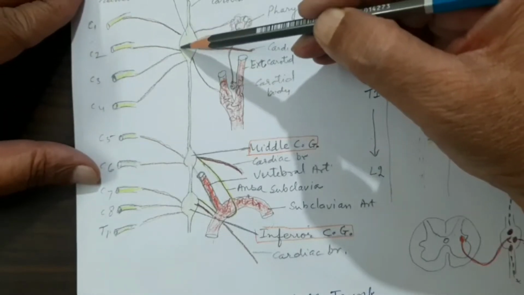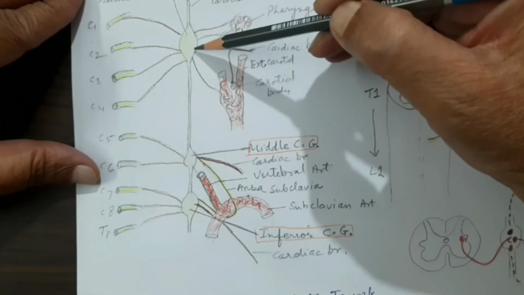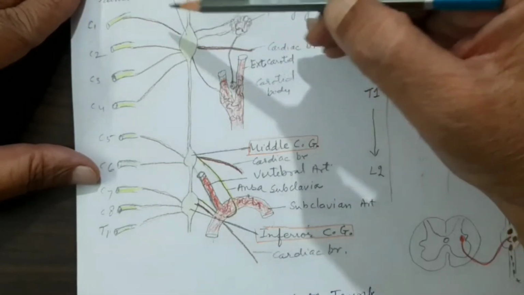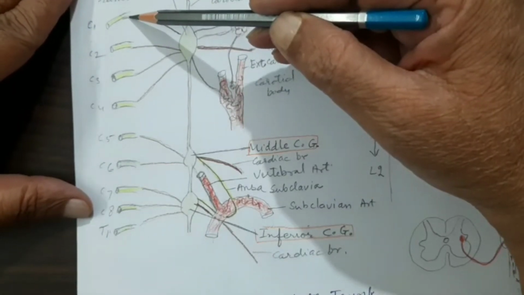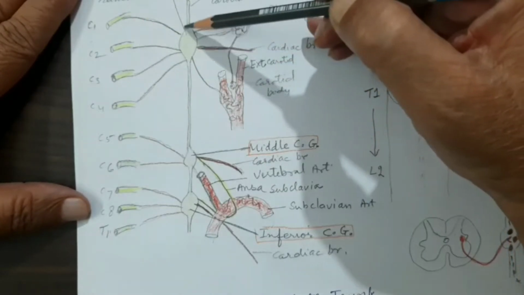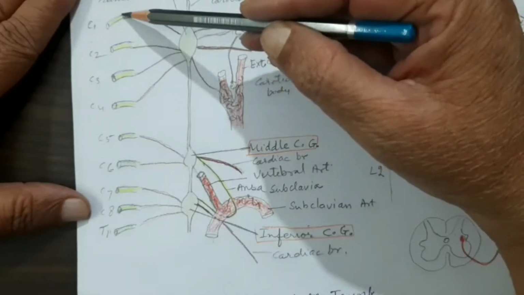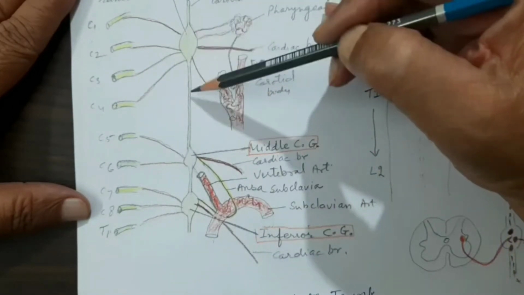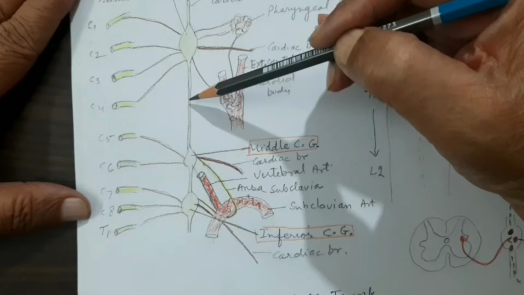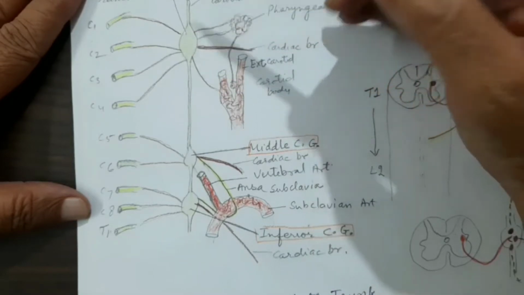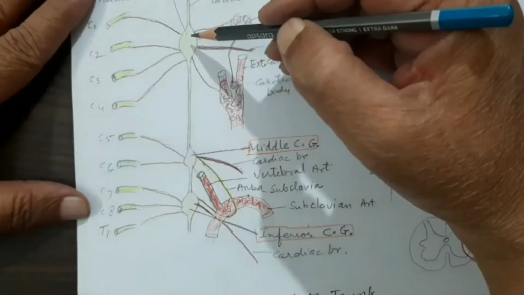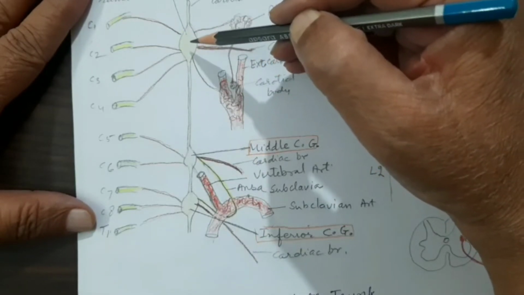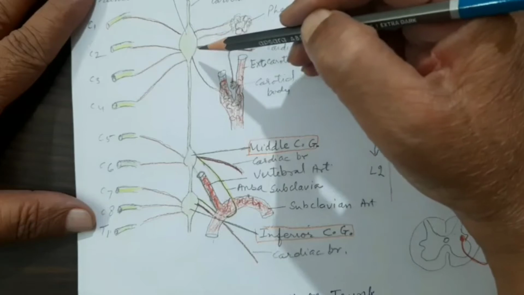Now this actually represents four fused ganglia. Which are the four fused ganglia? They are C1, C2, C3 and C4. Thus the four ganglia which were originally in the sympathetic chain have fused to form a single ganglion. So it is the fused C1 to C4 ganglion.